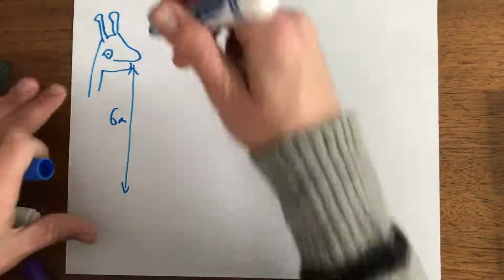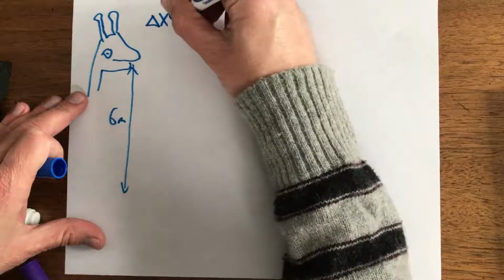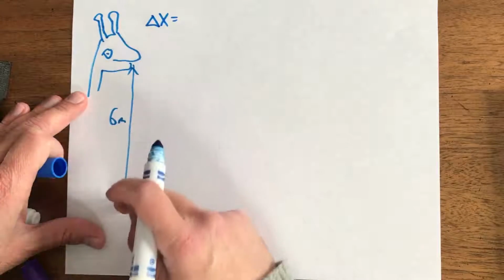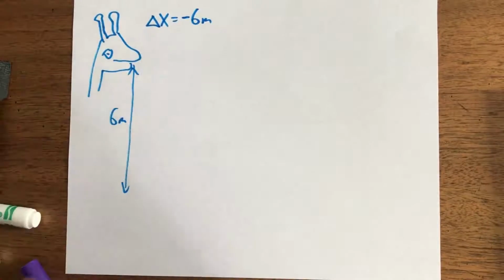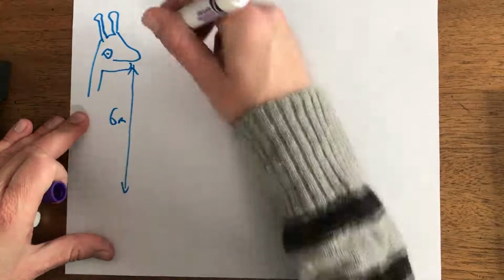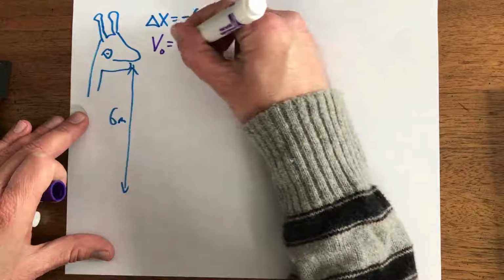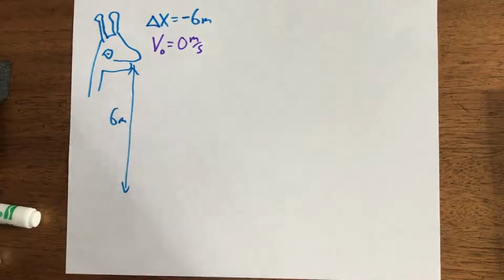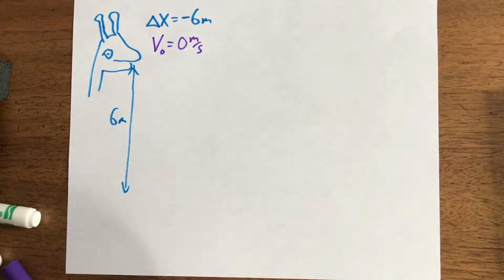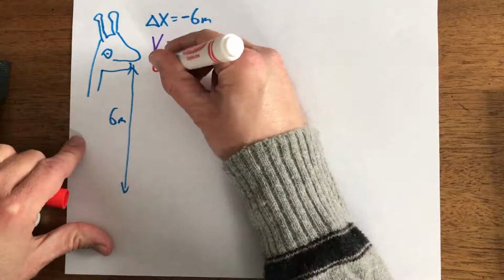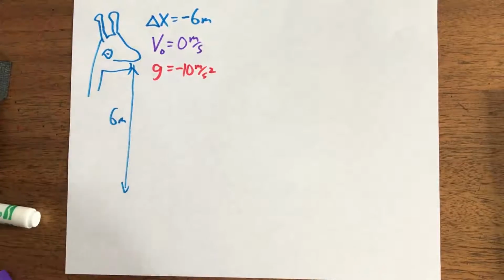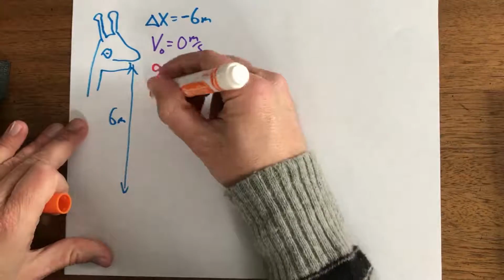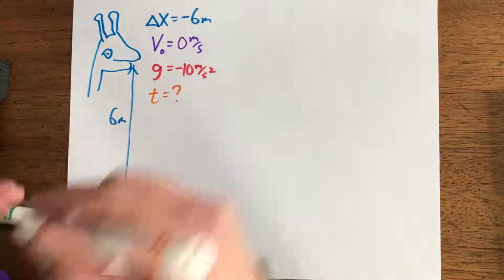So let's write down everything that we know. We know our displacement. It's going to move from here down to the ground. So this is a small thing that causes some error later. The displacement is -6 meters. It dropped it from rest. So just like the previous problem, the initial velocity is 0 meters per second. And then the other thing that we know, since it's a free fall problem, is that the acceleration is that of gravity, so it's -10 meters per second squared,